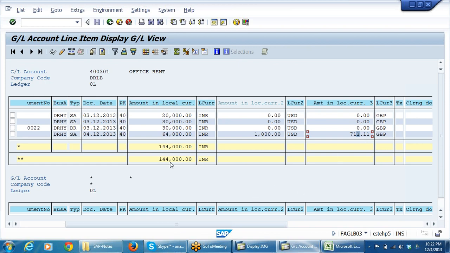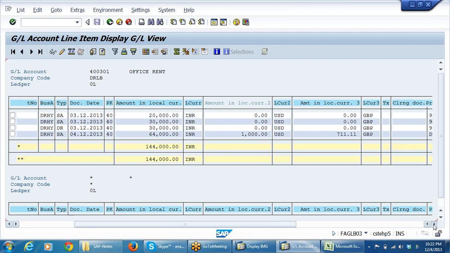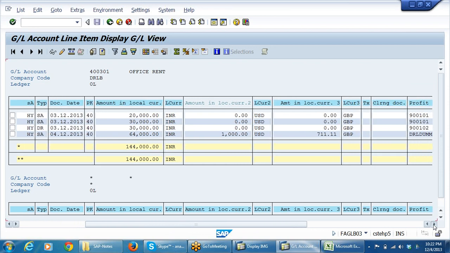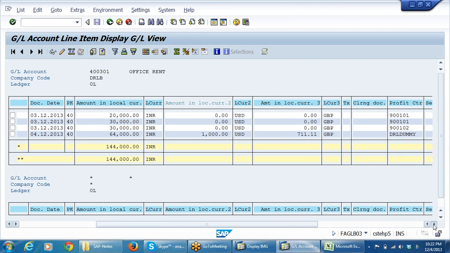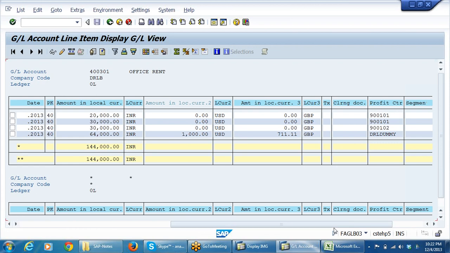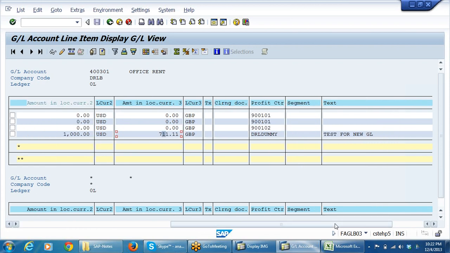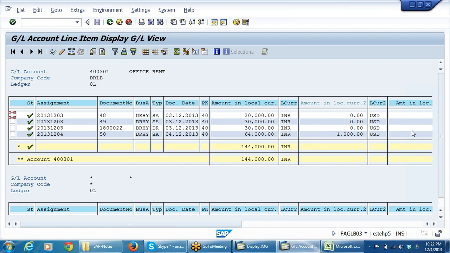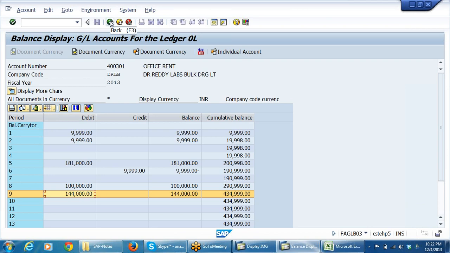See, now books of accounts are posted when the amount is posted in 3 currencies. It has posted in one Indian currency, one US GAAP, and another, the third local currency. And it will show the profit center also, to which profit center we have posted. Okay, so 3 currencies you can see. Then coming to